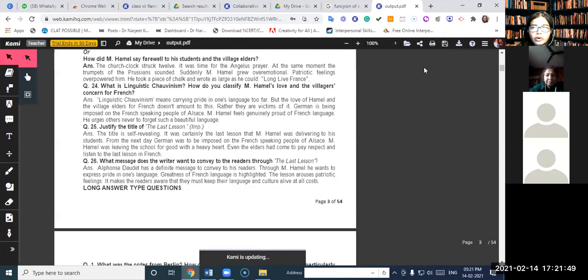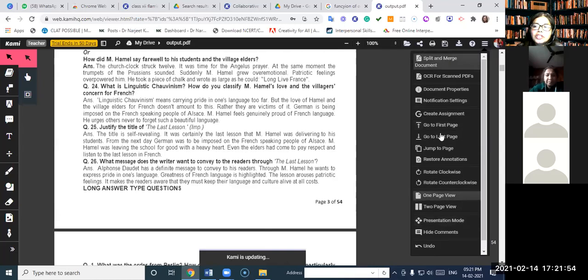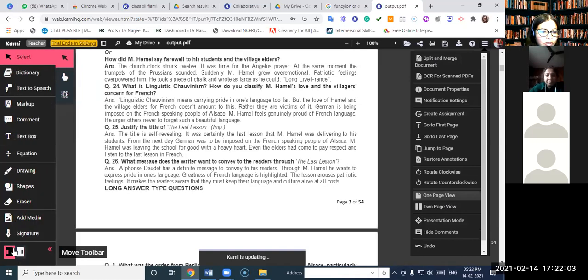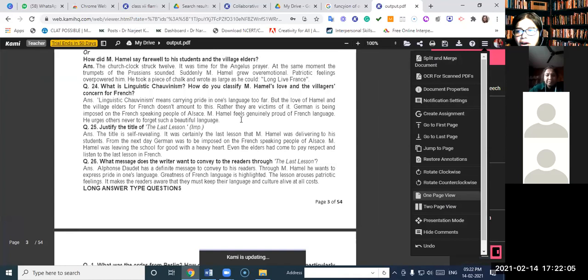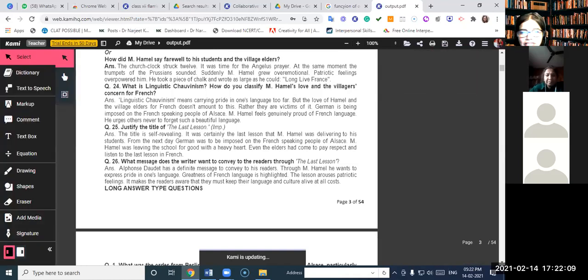You can explain it to your children through this presentation mode, right? Now, these were the options on this side. I come to this one. I can toggle this also. For example, I want it on left hand side. The toolbar moves on the left hand side. See, the toolbar moves on left hand side. If I want it on right hand side, the toolbar moves on right hand side. But I love to see all my tools on this side of the screen. So I'm going to go here only. So one by one, we are going to do these, and this is going to be interesting.